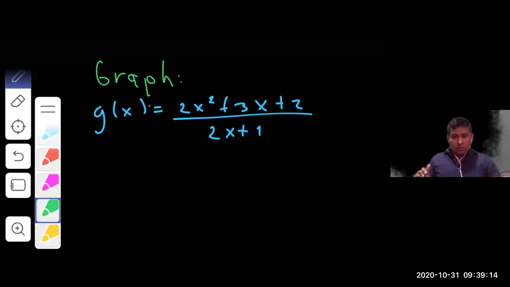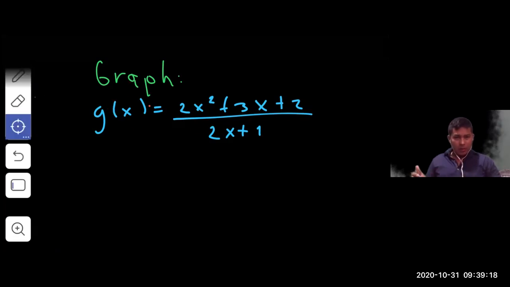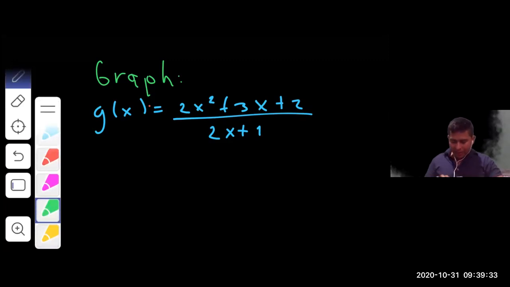Okay, let us focus on this first example. You are being asked to graph this rational function. When graphing a rational function, the first thing we have to be aware of is which case we are going to deal with. Can someone tell me